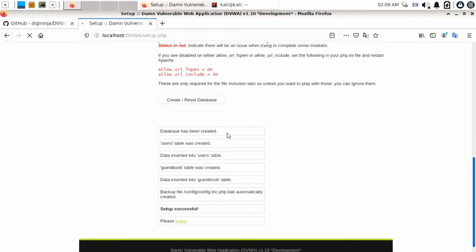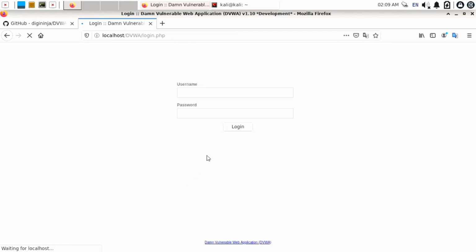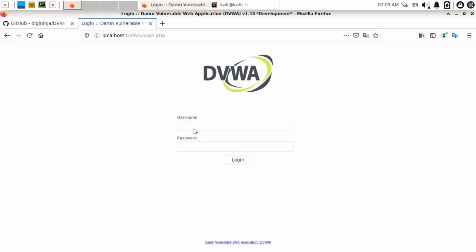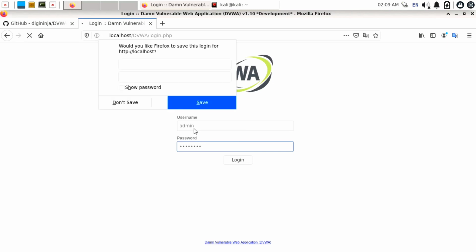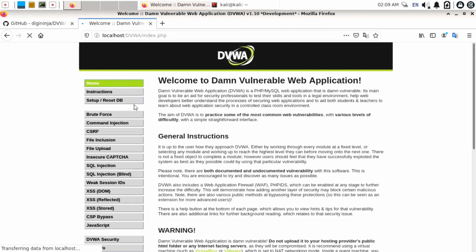You can see it is showing that database has been created, user table was created, and please log in. It automatically redirected to login page. Default username of DVWA is admin and default password of DVWA is password. So simply use the default credential and try to log into this. After clicking on login, you can see we have successfully set up Damn Vulnerable Web Application.